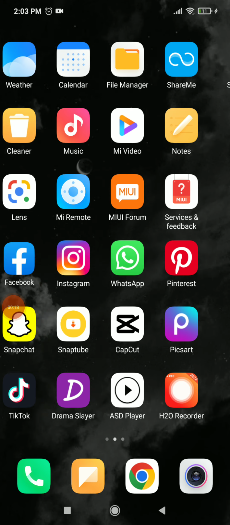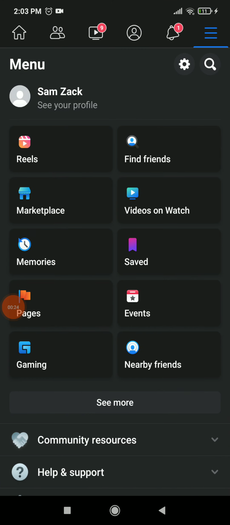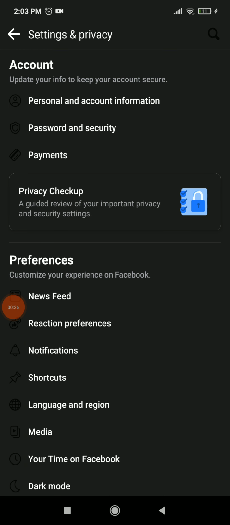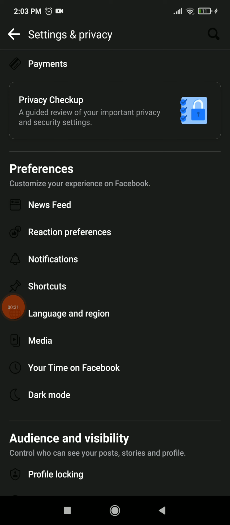First thing, go to your Facebook, and now just click on those three lines up there and click on the settings icon beside the search icon. Scroll down and click on notifications,